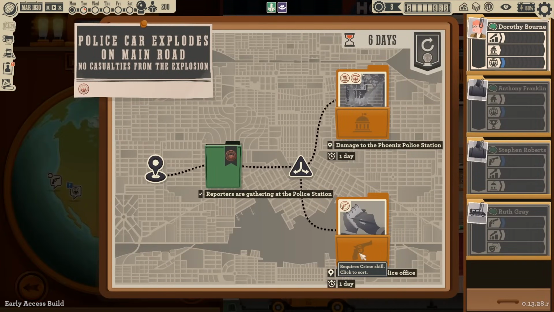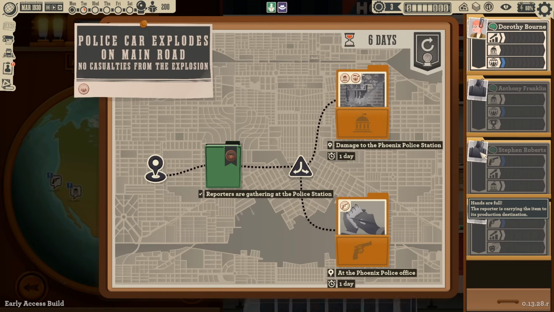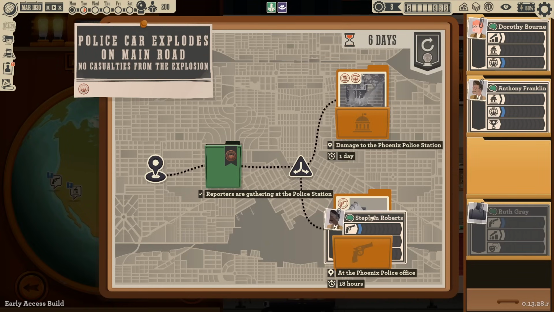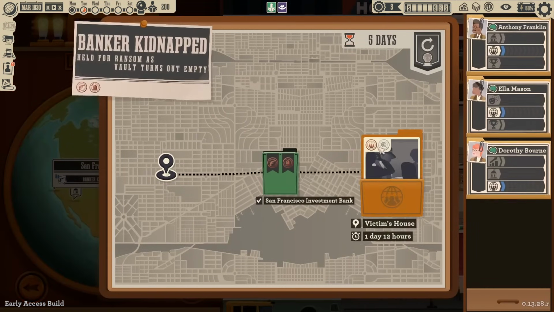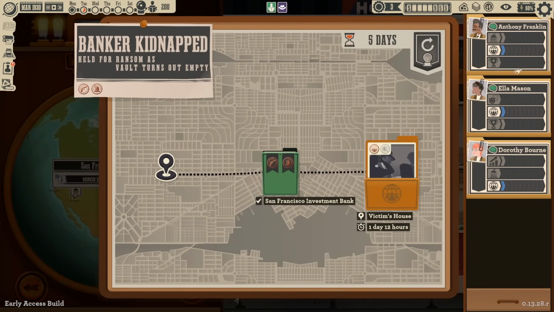We're going to go down the bottom route over here, except that I don't have a crime person ready to go. Although Steven is just delivering the report now. There we go. So we'll do that. Now, there's going to be a lot more things that happen as we go and progress down some more of these things, we're going to find people who...